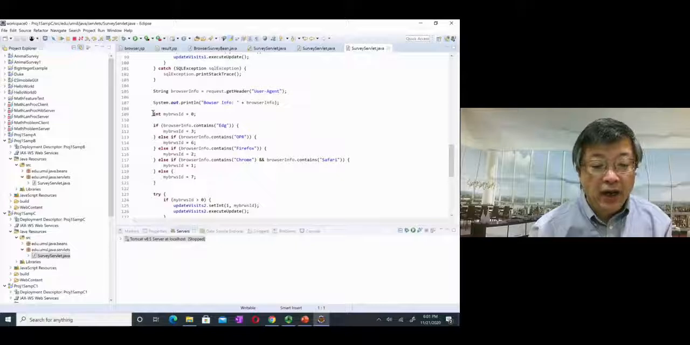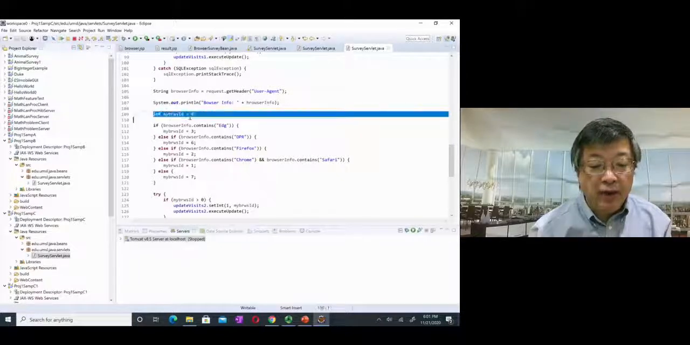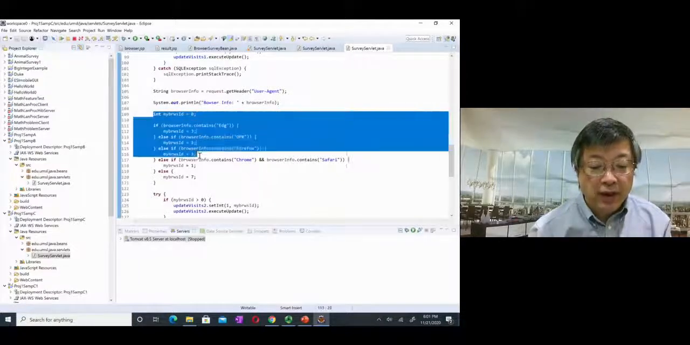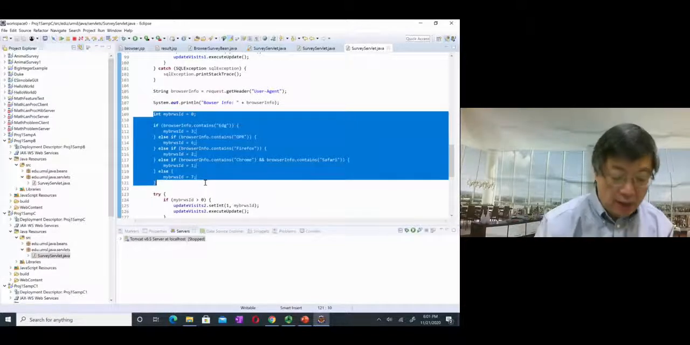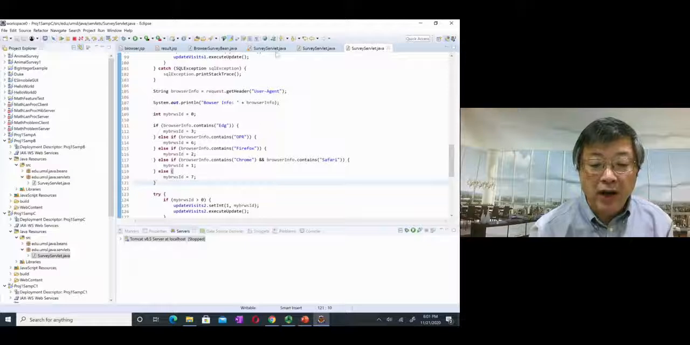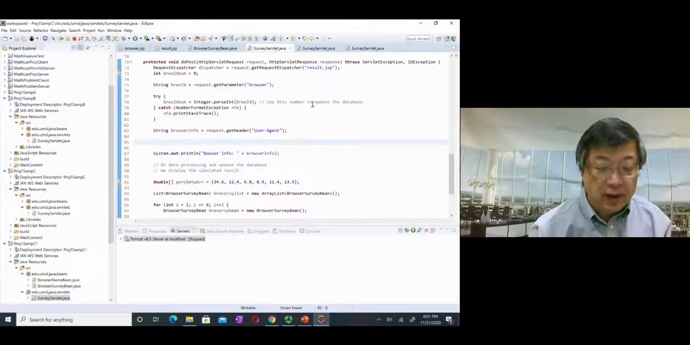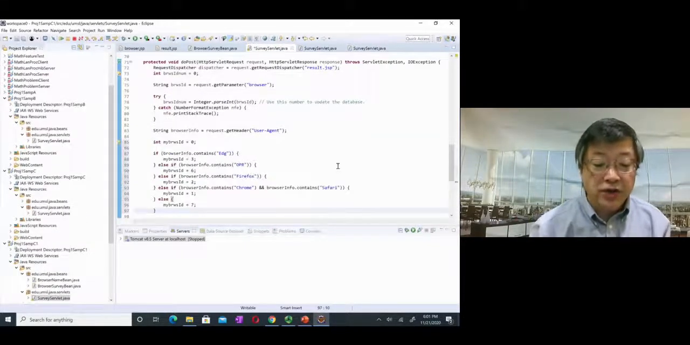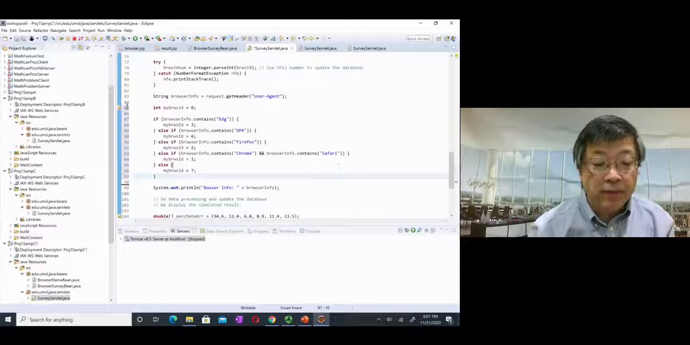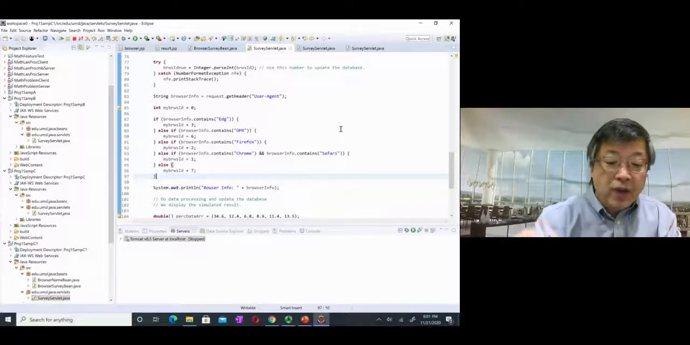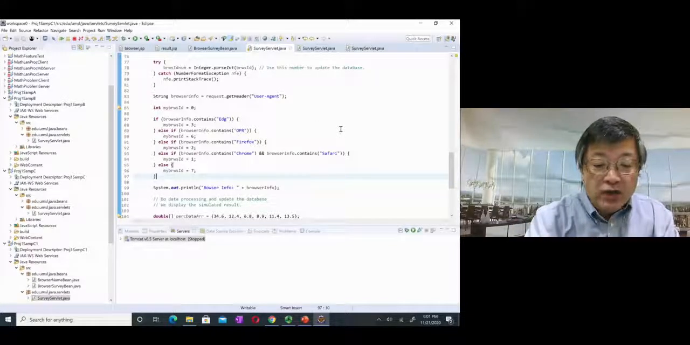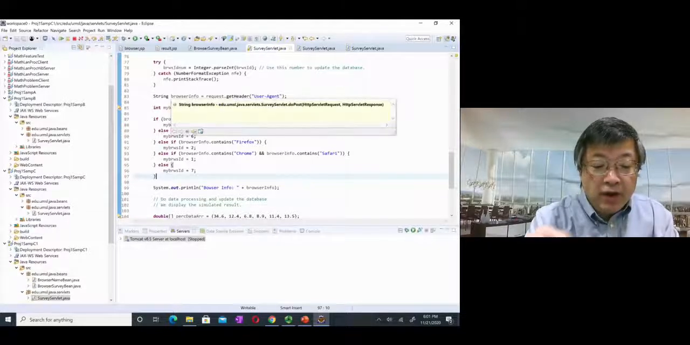I create an integer variable, initial value 0. Then I use it to store the detected browser ID. So let me show you. The logic is very simple. Let me explain it. So browser information from user-agent. Then that string, if it contains